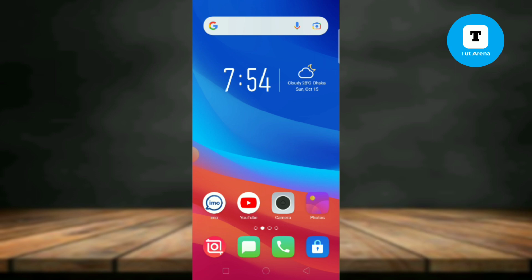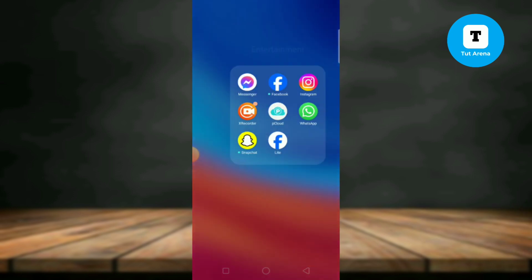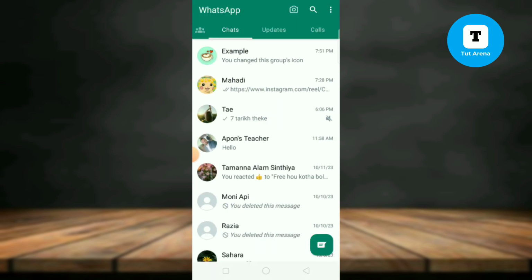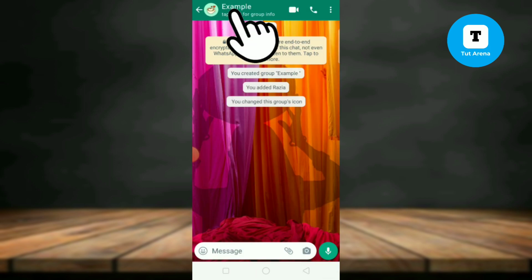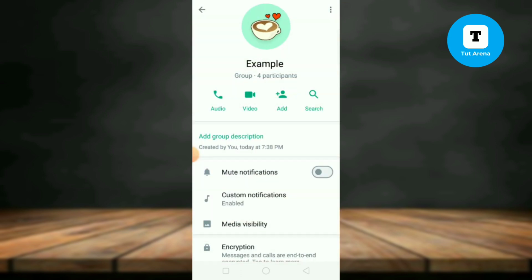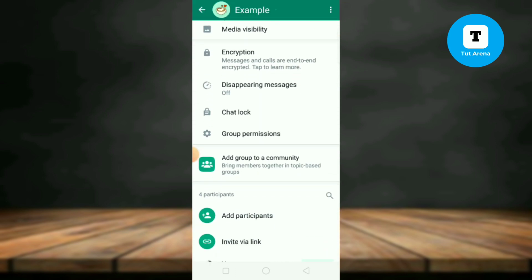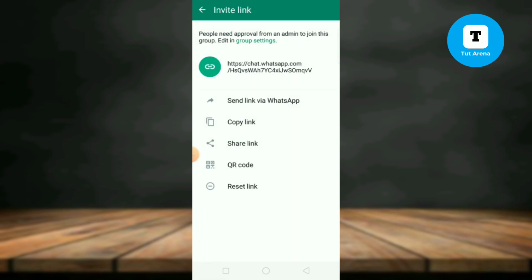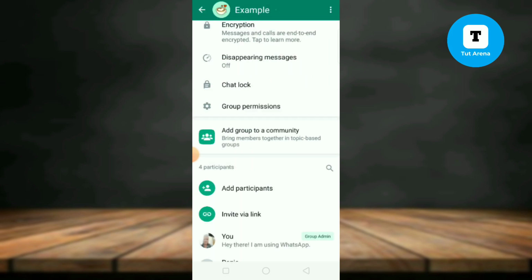Let's start. At first you have to go to your WhatsApp app. Then if you already have a group and you want to share it on Google, tap on the group. Now tap on here, then scroll like this, and you can find Invite via link. If you tap on here, you can find Copy link. If you tap on here, this link will be copied. And now let's go back,